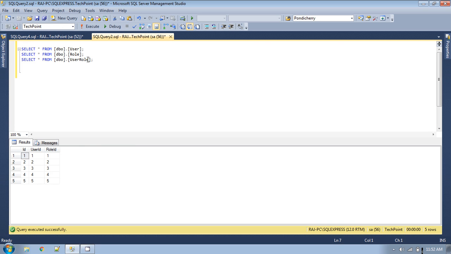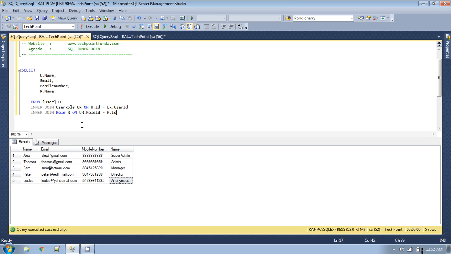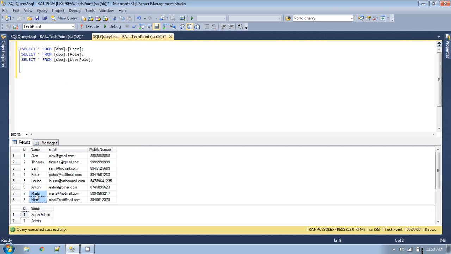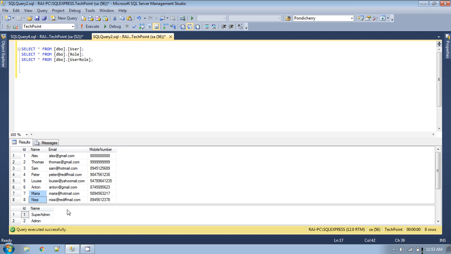From this table, if you see, in the user table there are 8 users, right? But in this record you are getting only 5. Where are the 3 other users? Here, right? Because we are making an inner join here, and the inner join retrieves only those records which have a matching record in the second table. So in the mapping table, if you see, there are only